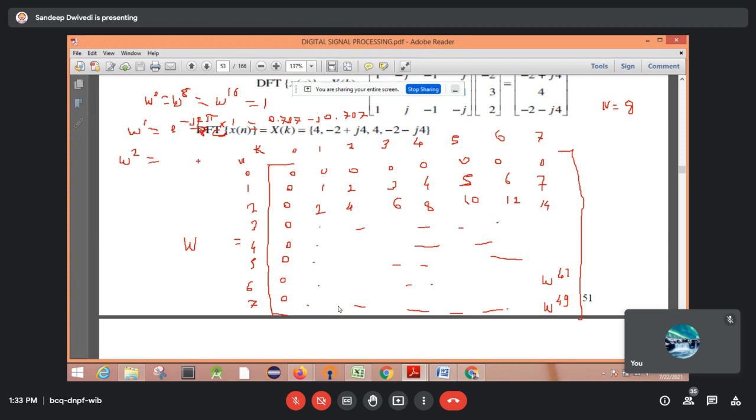So इसका वैल्यू क्या होगा, cos pi by 2 is 0 minus j sin pi by 2 is 1, so this will be minus j. Simply cos pi by 2 0 हो जाएगा, minus j sin pi by 2, so sin pi by 2 क्या है 1, so ये क्या होगा minus j. So w raised to power 2 ये होगा, then w raised to power 10, w raised to power 18, then w raised to power 26. अगर ये मैट्रिक्स में कहीं है तो उन सब का वैल्यू क्या हो जाएगा minus j,